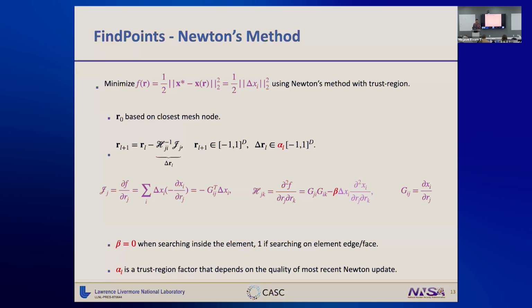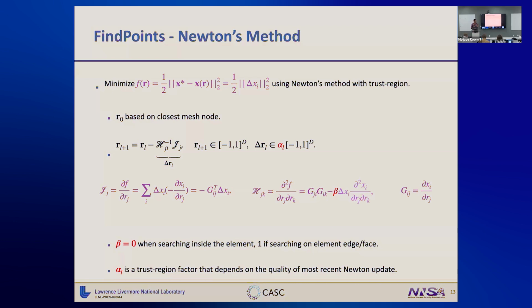So our objective is basically the L2 distance between the point that you're trying to find and the nodal position function, where you're trying to figure out the reference space coordinates. The initial guess here is based on the closest mesh node in physical space, and then we simply update it using the gradient and the second derivative of our objective function. Now we make sure that at each iteration we are staying within the reference element, and that the update, the delta R, is within certain bounds based on a trust region